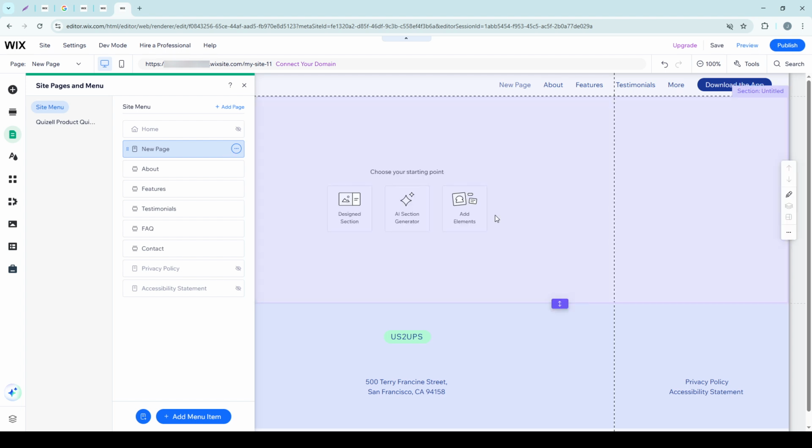And there you have it, a quick and simple process to create a landing page on Wix. Remember that